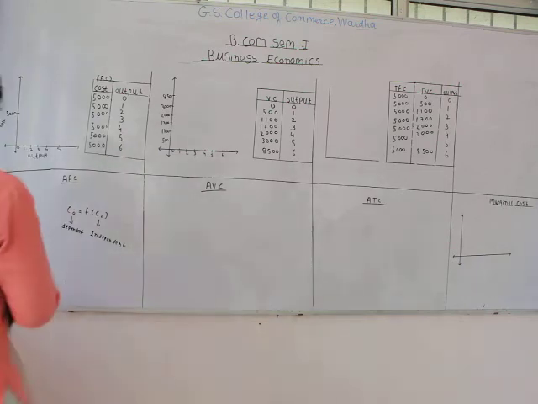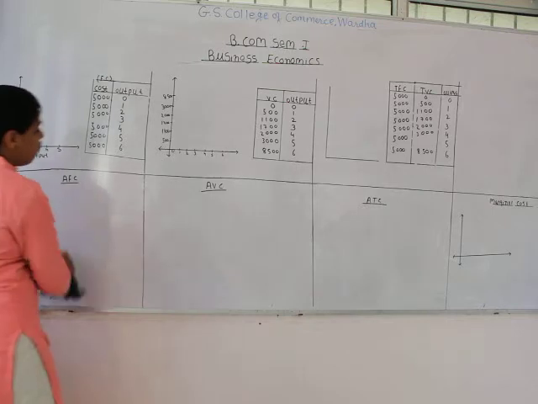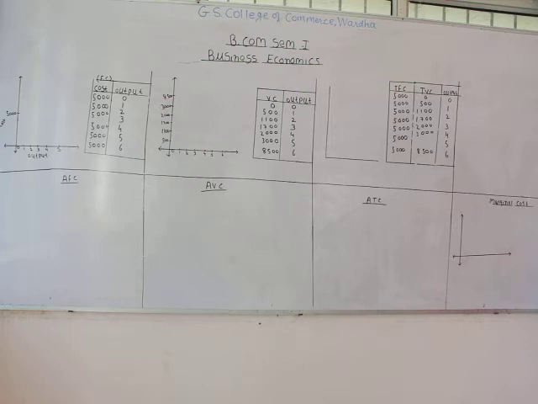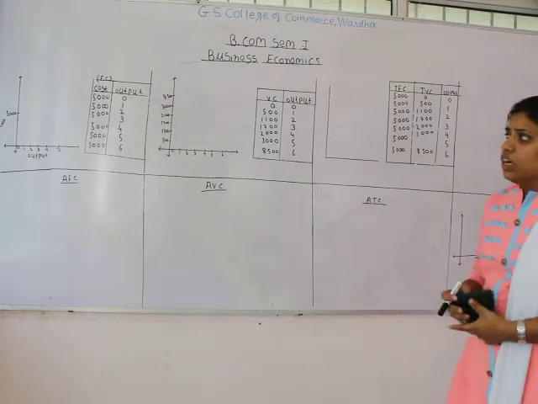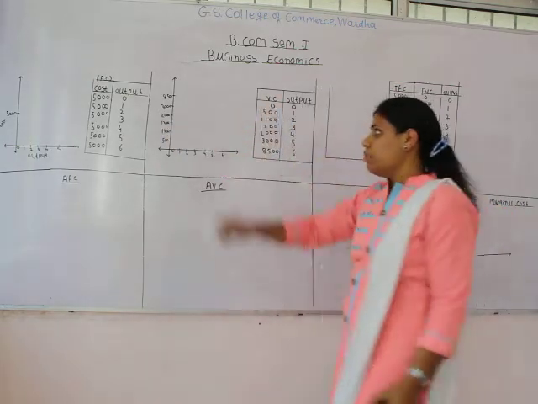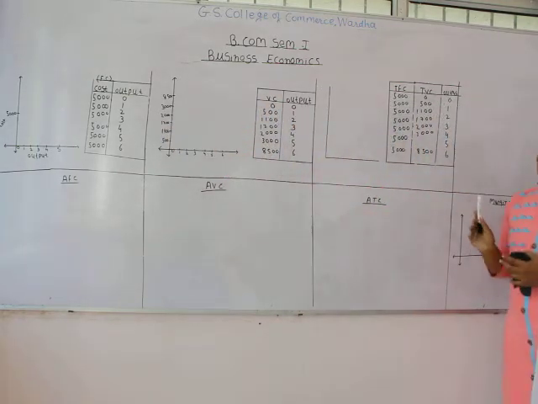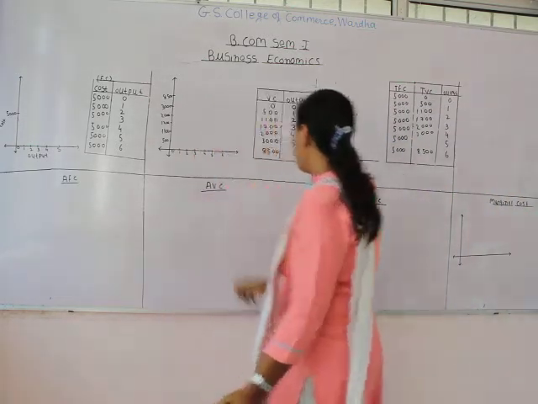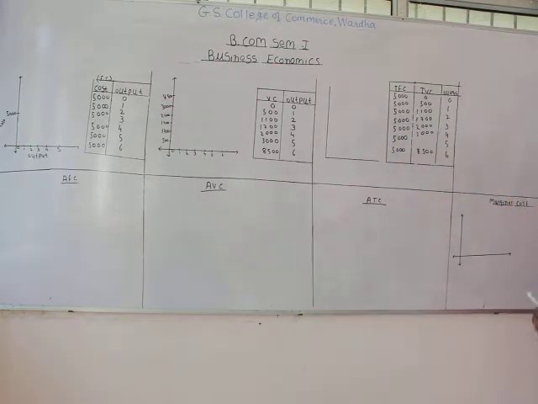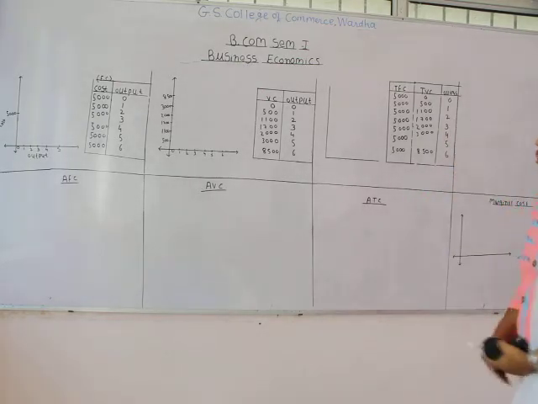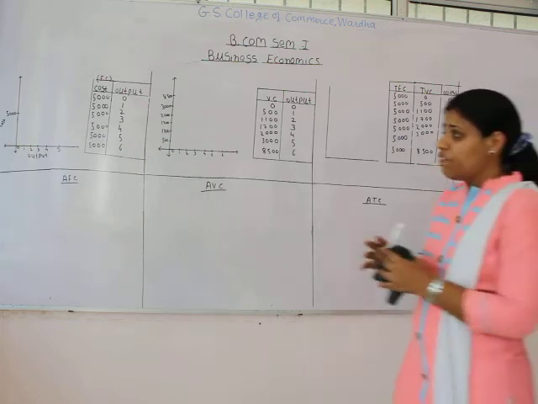When we talk about the behavior of cost in short run, basically we study under these two types, that is total cost and average cost. Under total cost we are going to see total fixed cost, total variable cost and total cost. And under average cost we are going to see average fixed cost, average variable cost and average total cost. And then we are going to see the concept of marginal cost and how it behaves in short run. So let's start with the fixed cost.